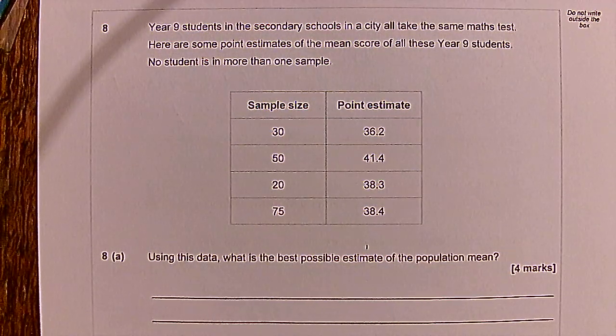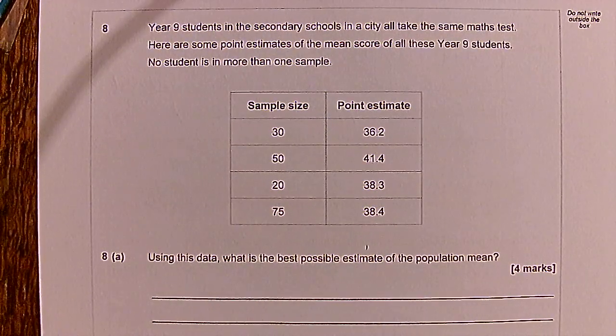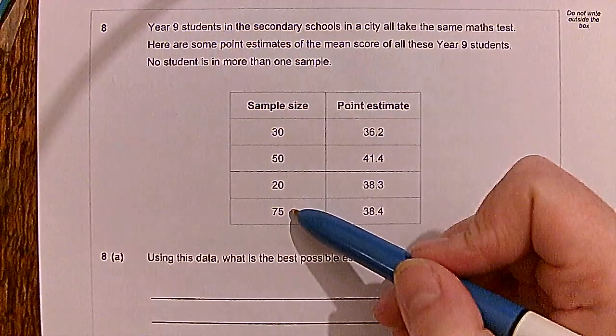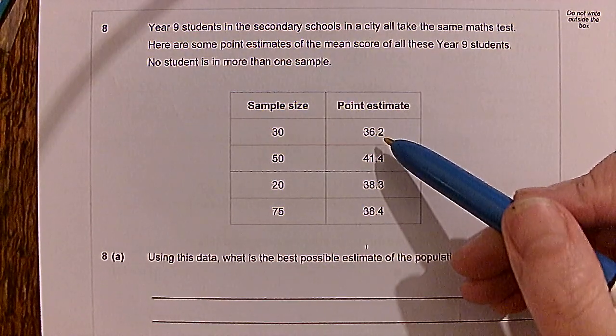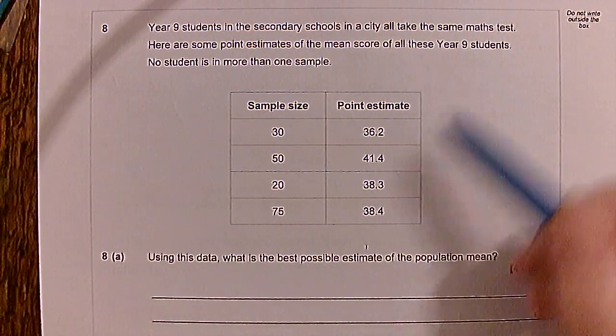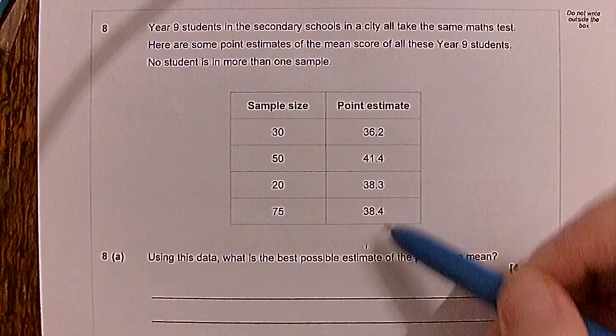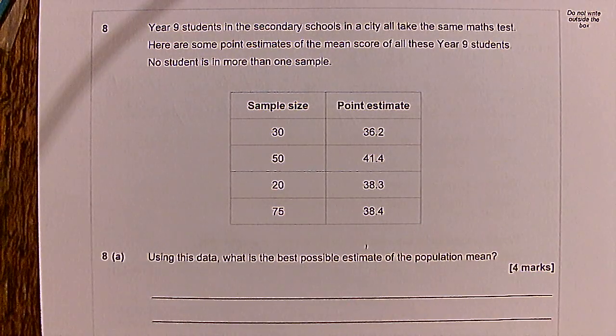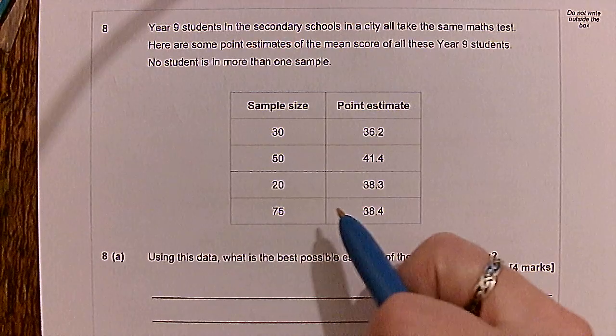This is the 2023 Paper 2A level AQA Mathematical Studies, and this is question 8. It is about point estimates, which are sample means. Here we have some different samples and the mean score for these students from those different samples. The first thing to bear in mind is that sample size matters, so the biggest sample is the best